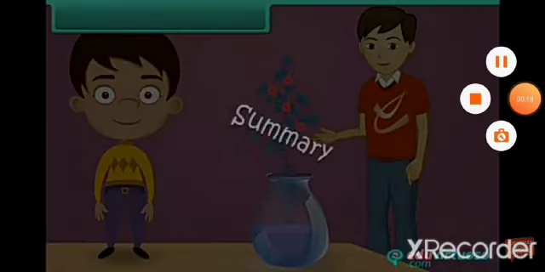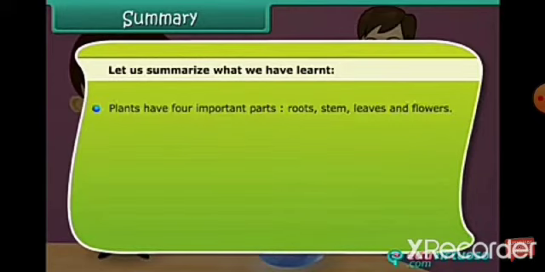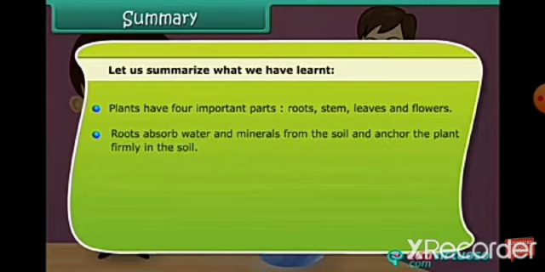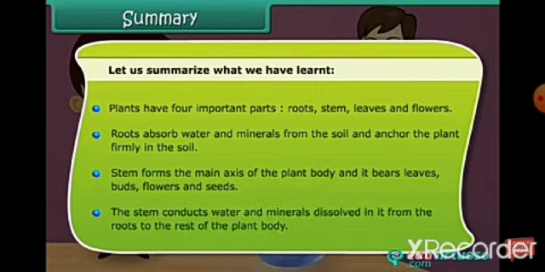Summary. Let us summarize what we have learned. Plants have four important parts: roots, stem, leaves, and flowers. Roots absorb water and minerals from the soil and anchor the plant firmly in the soil. Stem forms the main axis of the plant body, and it bears leaves, buds, flowers, and seeds. The stem conducts water and minerals dissolved in it from the root